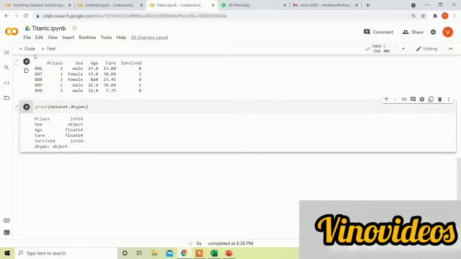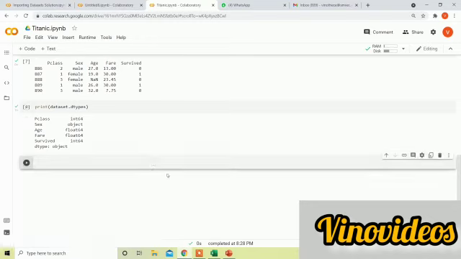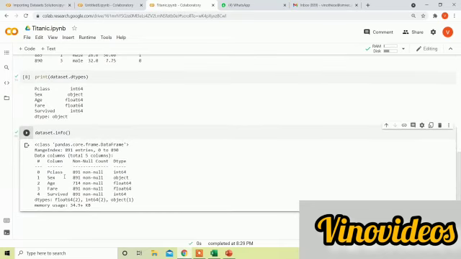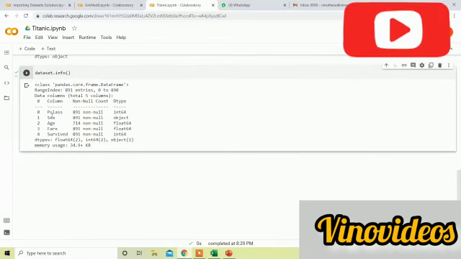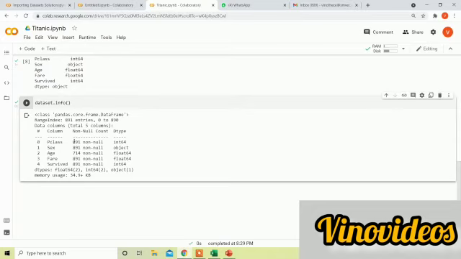And next we are going to discuss the information about that particular data set. Let me check dataset.info. Info is nothing but information. Let me check what information it is going to project. Okay, fine. If you see this keenly, Pclass contains 891 non-null values.